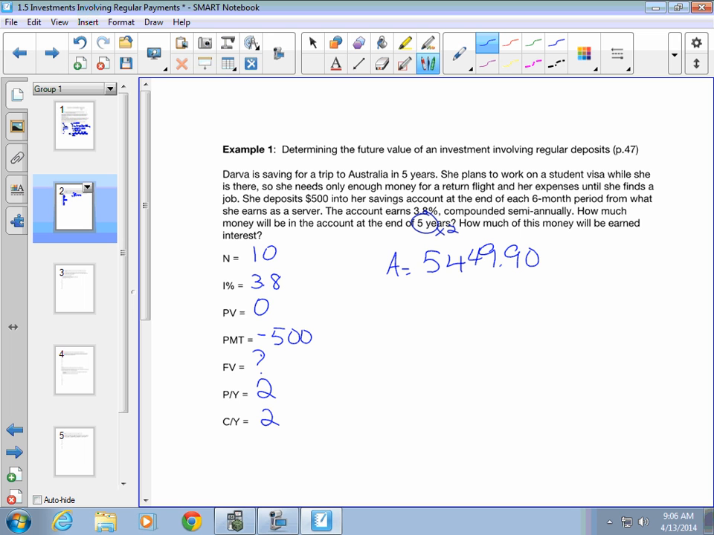So it says how much money will be in the account at the end of 5 years. So she'll have $5,449.90. If we want to figure out how much she deposited, so she deposited,